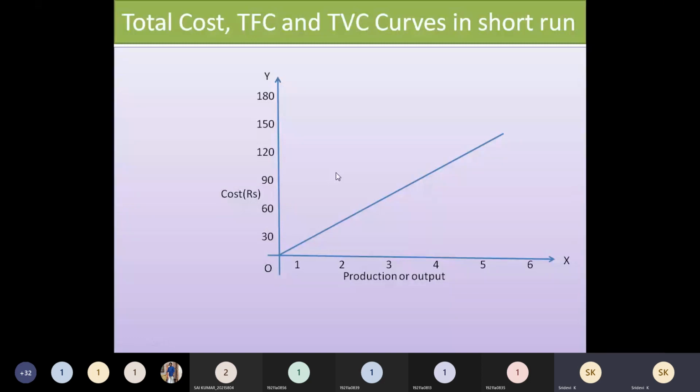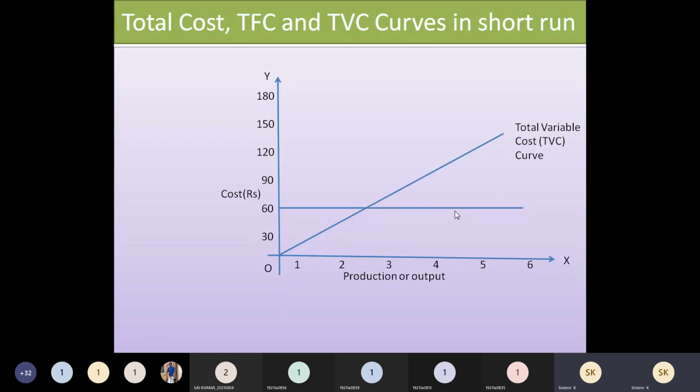So this is the graph. From 0 it is starting, and it is increasing up to 132. Up to 132 means I have taken up to here, between 150 and 120. So you can take it in the same manner. It is not compulsory that you plot exactly, but you show it according to the values, how they are going to behave.